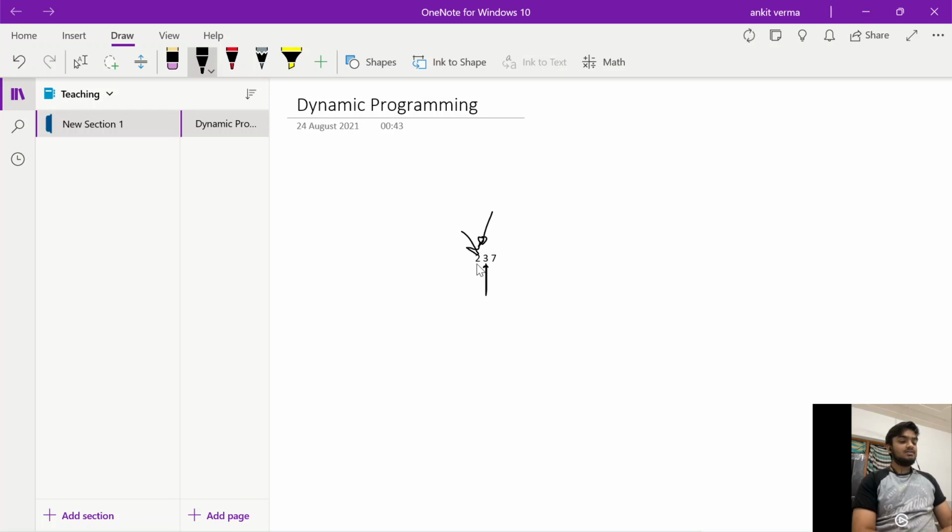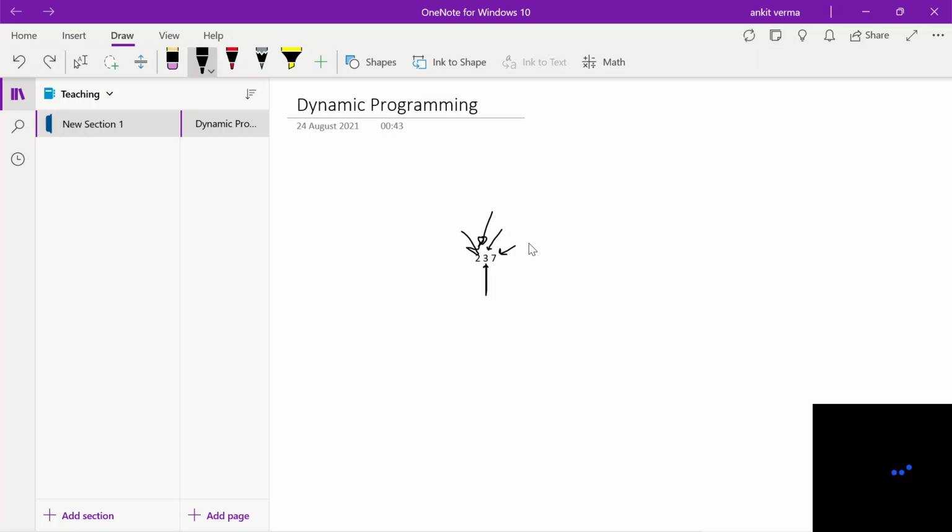Otherwise, if it is a prime number, move ahead. Check again whether this number is prime or not. If it is prime, move ahead. Check whether 7 is also a prime number.